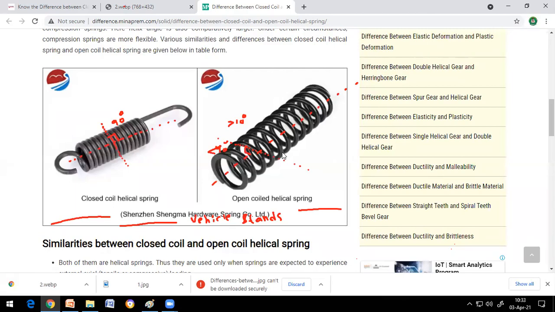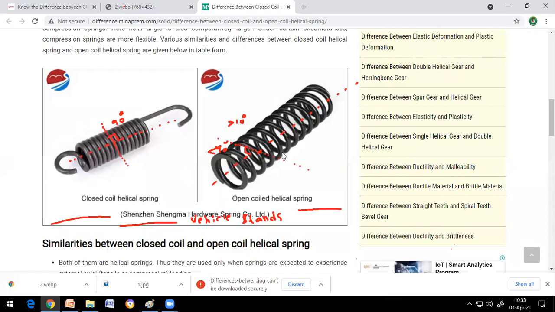Compress చేస్తే ఏమవుతుంది చెప్పండి? That spring will try to compress and sometimes that spring will try to bend also. Avuna bend kuda avutundi. Why? Because of having least radius of gyration, because of having more slenderness, those springs will be subjected to bending also. Okay, so by that, open coiled helical springs are going to twist, along with they are going to bend, right? So that's why open coiled helical springs are the best examples of torsional and bending springs.